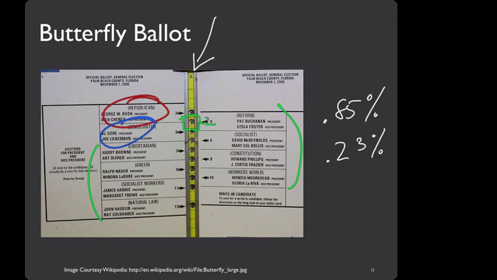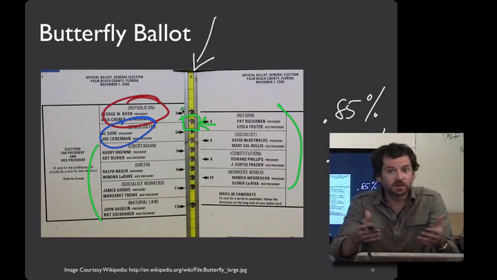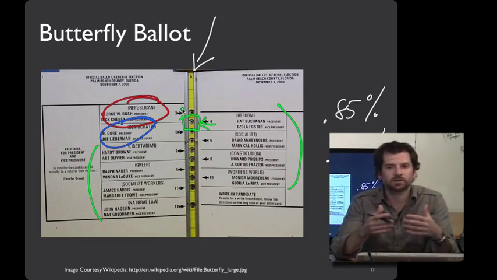Yes, there's an arrow pointing to it from the right, but it kind of lines up with the spot on the left. So it appears that for about 0.6% of voters, they thought that that second hole corresponded to Al Gore rather than Pat Buchanan. And the question for you is, is this a slip or is this a mistake? These erroneous votes are the result of a mistake because voters performed the manual operation that they intended to perform, punching that second hole. However, they had the wrong mental model about what punching that second hole meant.